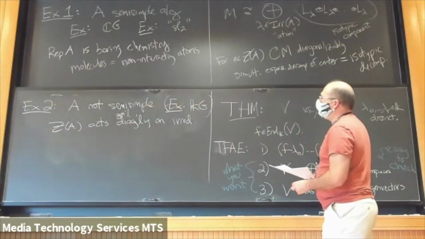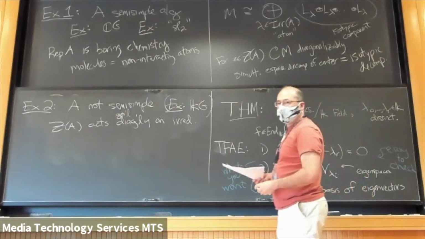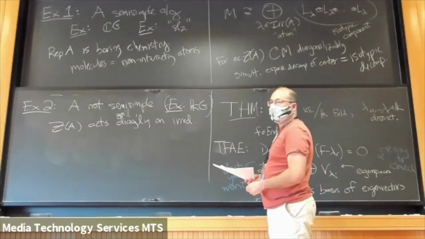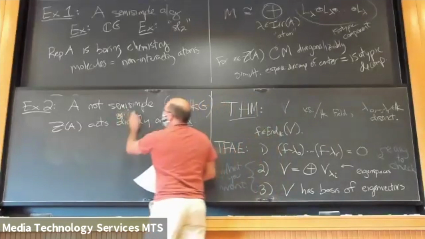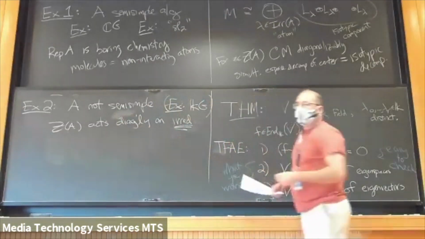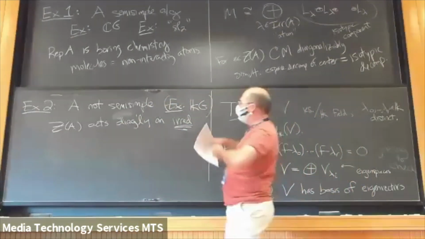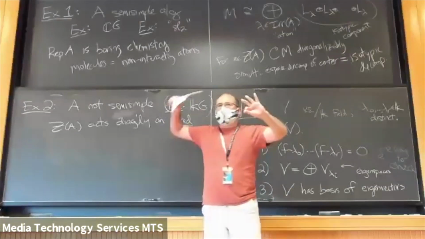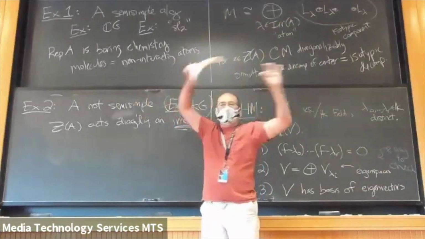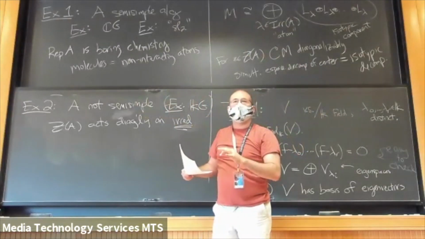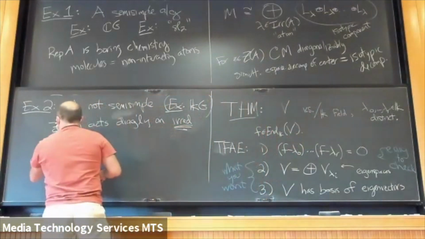Well, wait, hold on. On an irreducible element, Schur's lemma should tell you that. On an irreducible. Yes, on an irreducible. Sorry. Yes. And so the eigenspaces for different eigenvalues will split your chemistry into different kinds of atoms, and only those kinds of atoms can interact with each other. And so this splits the category